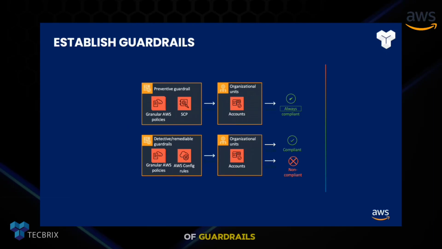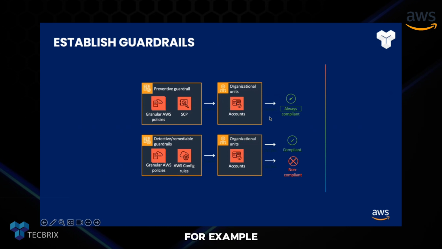There are two types of guardrails in AWS Control Tower. One is the preventive guardrails and the other is the detective guardrails. In preventive guardrails, AWS uses service control policies. If a service control policy is applicable on the root level, plus on the organization unit, then under all these accounts, these service control policies will be